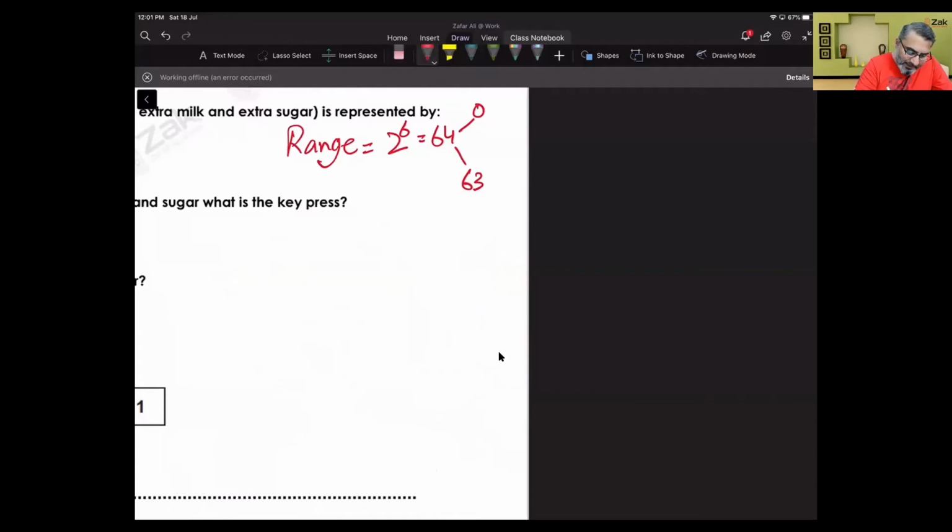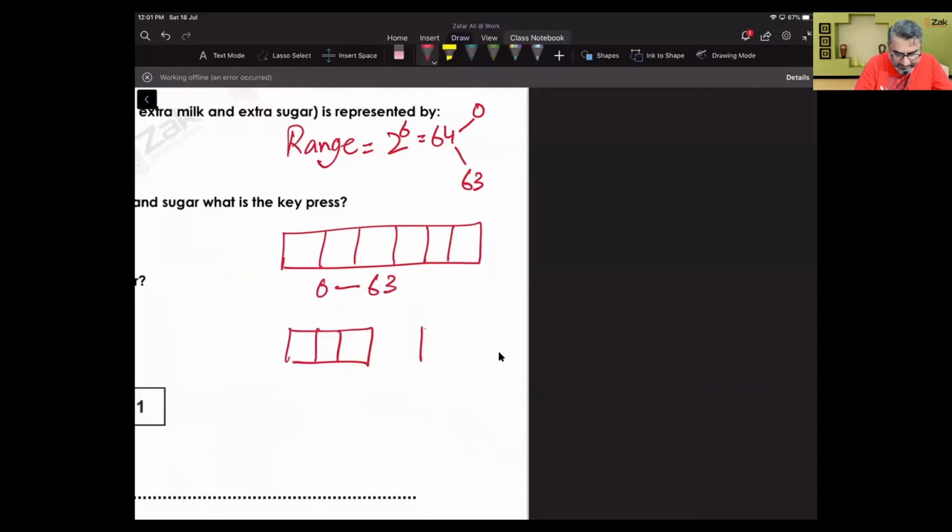आई वॉज टेलिंग कि अगर हमारे पास एक रजिस्टर है और हम इसको मिला के इस्तेमाल कर रहे हैं 1, 2, 3, 4, 5, 6, तो वी कैन सेव फ्रॉम 0 to 63। और अगर हम इसको ब्रेक करके सेव कर रहे हैं तो इसका मतलब है कि हम एक डिजिट को 3 बिट्स में और दूसरे डिजिट को भी 3 बिट्स में सेव कर रहे हैं। तो इसका मतलब है कि अब हम सेव कर सकते हैं 77 तक। ऑलराइट, तो सिस्टम जब मिला के कर रहा है तो सबसे बड़ा नंबर आपको 63 मिल रहा है। जब सिस्टम उसको अलग करके कर रहा है तो आपको सबसे बड़ा नंबर 77 मिल रहा है। ठीक है, अच्छा अब देखें आगे।